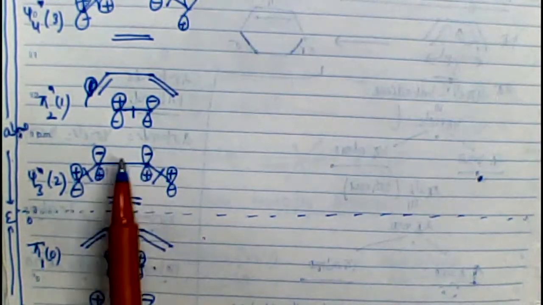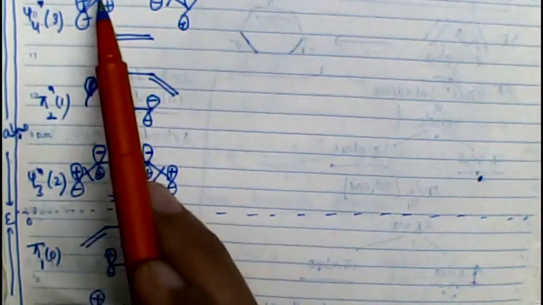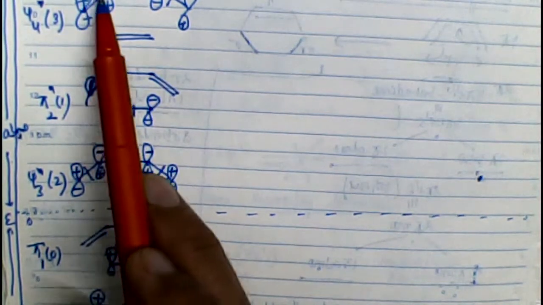See, this butadiene orbital at least has one region where there is a bonding overlap, so more stable. Here it has no region, the ethene molecule doesn't have a bonding overlap. And last, the most unstable orbital is that there are extensive nodes and no region is there where there is a bonding or a conjugation present. Hence this is how we have kept these orbitals on the energy axis. This observation of keeping the orbitals on the energy axis basically stems from the fact that the more conjugated p orbitals are present, the more stable the system would be.